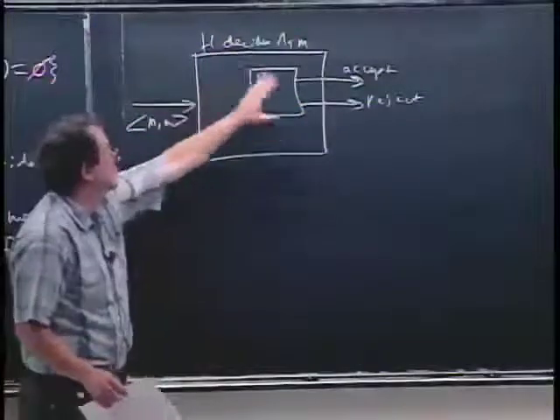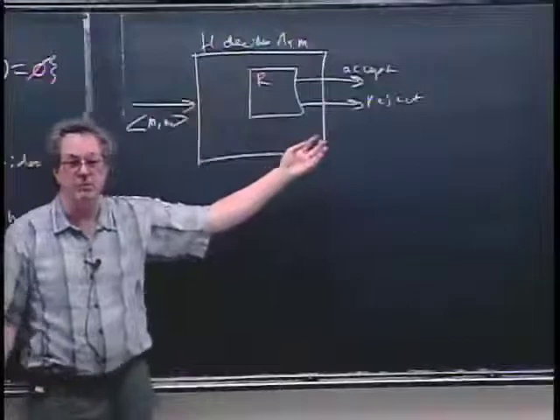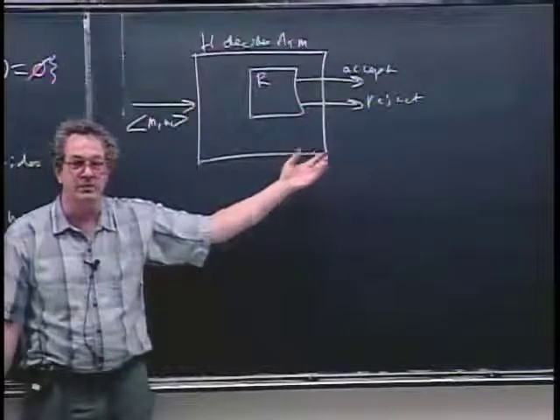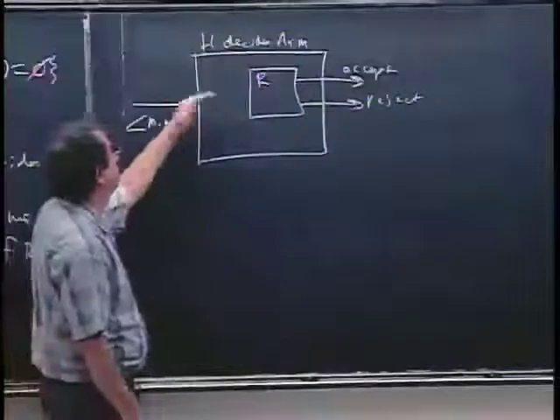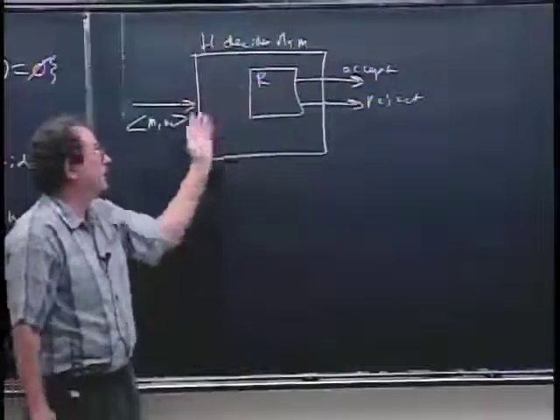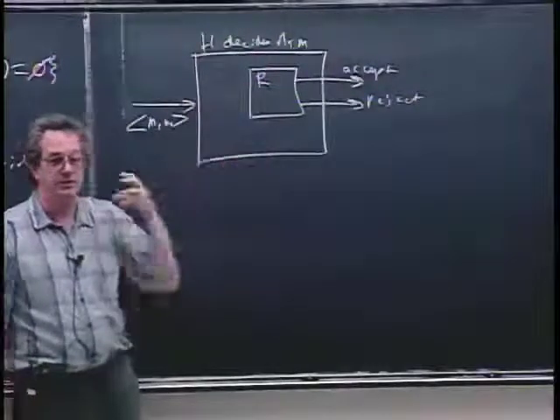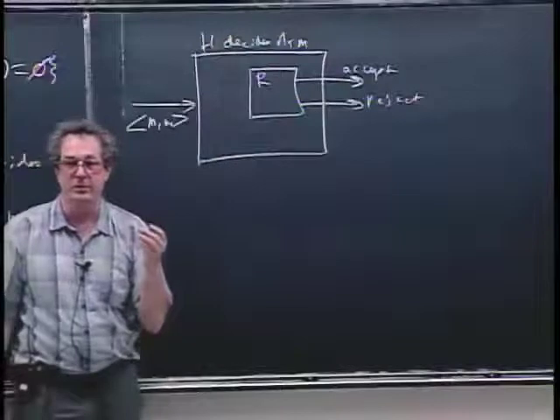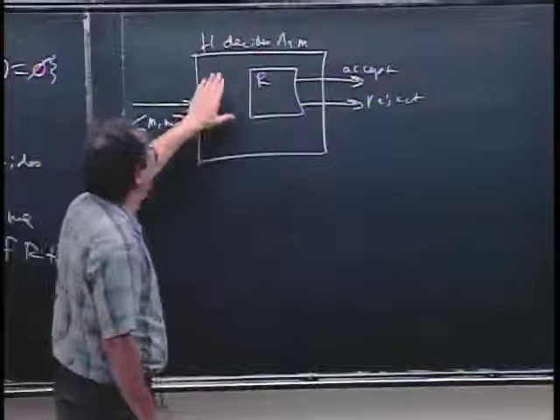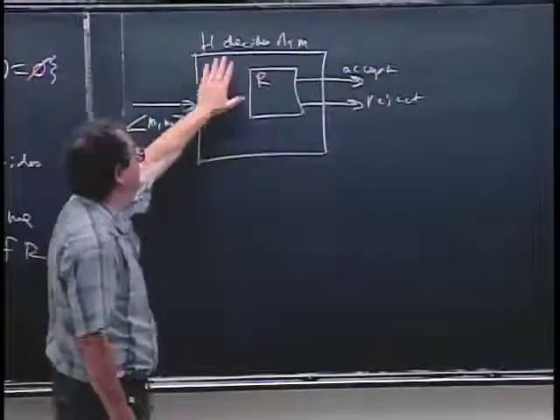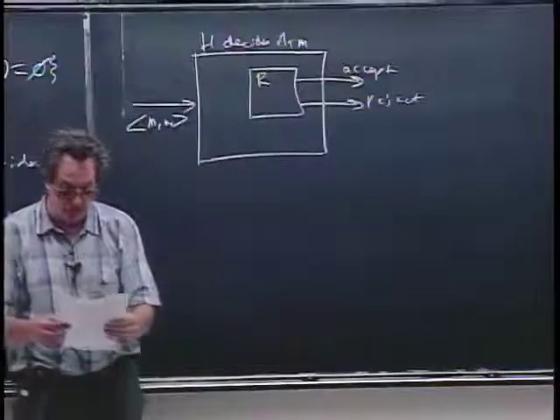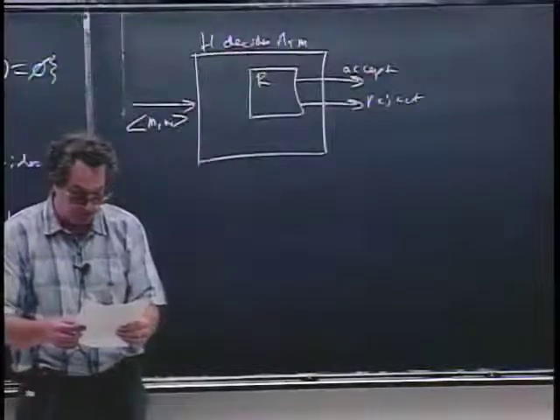I mean, this kind of picture, when you're posed with the question of show a reduction of ATM to some new language, you should be able to automatically write this kind of picture, just to organize your thoughts, organize what you're trying to do. And then, of course, all the hard work goes into here. But if you haven't even gotten to this point, then you just don't know how to begin. Okay, so